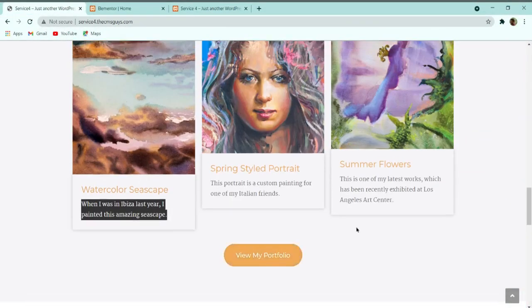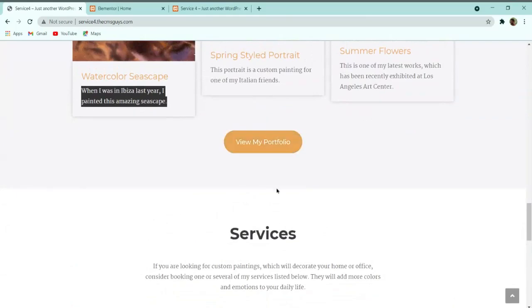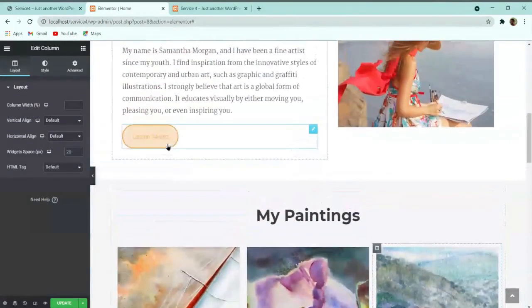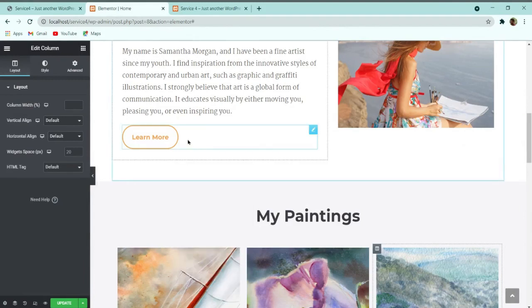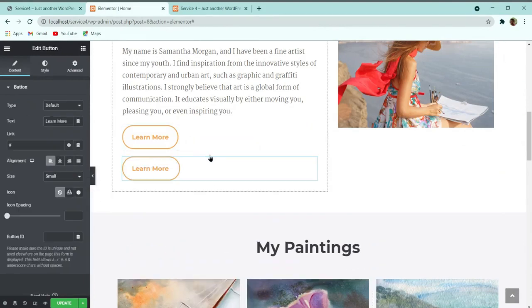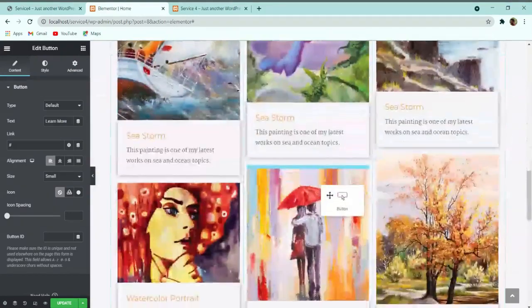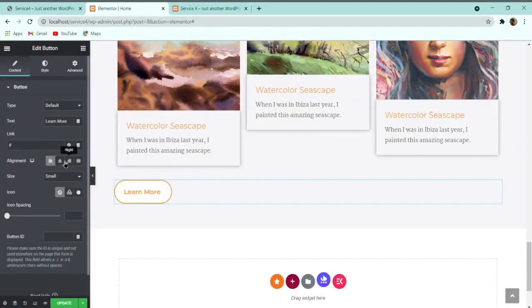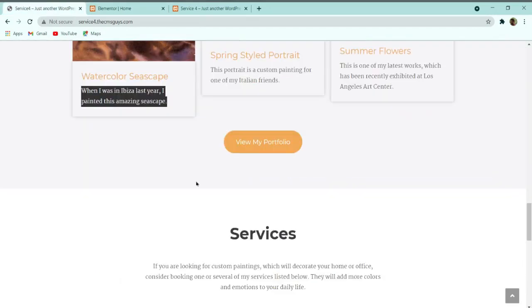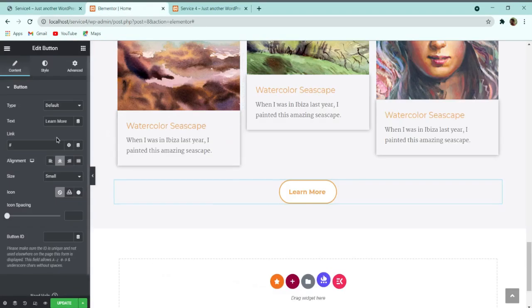And then one more thing is left, that we have to add this button. So what we can do, here you can see that we have already created this button. I will simply copy this button, or you can right click on it and duplicate this button. Simply drag this button after that inner section, and make the alignment center. And here you can see that the text is view my portfolio. So let me give a text of view my portfolio,